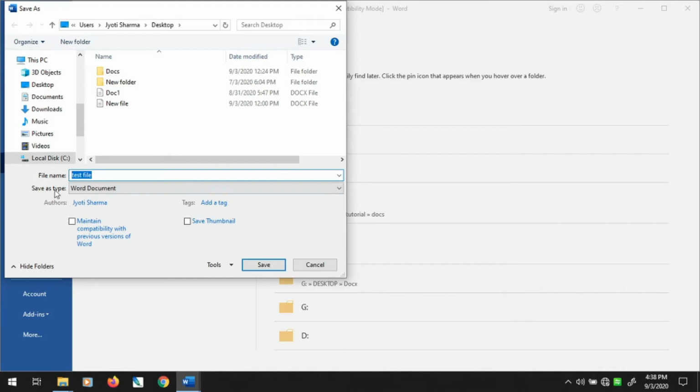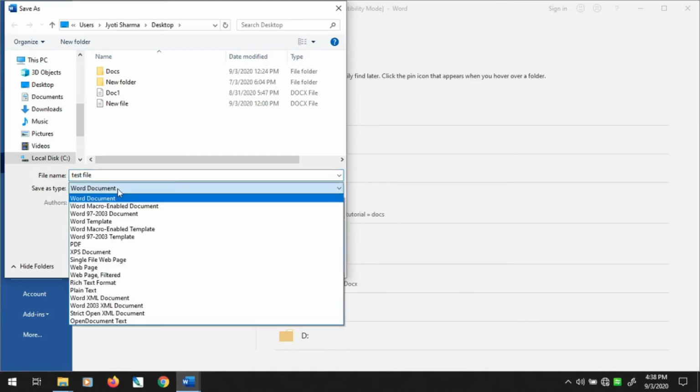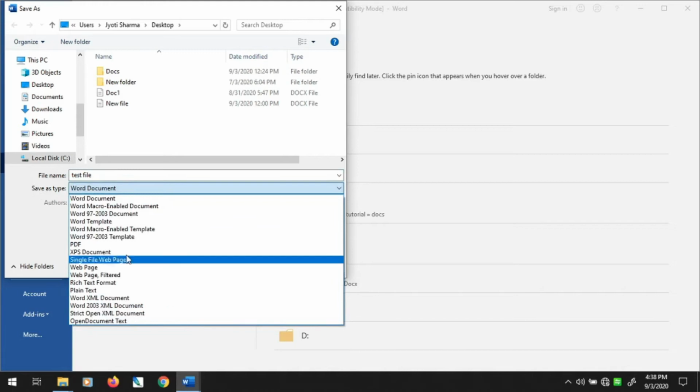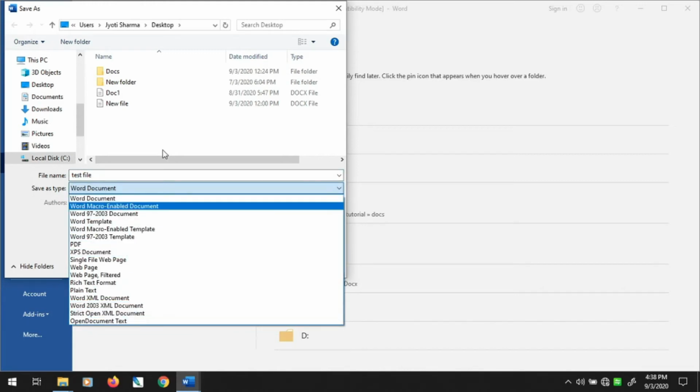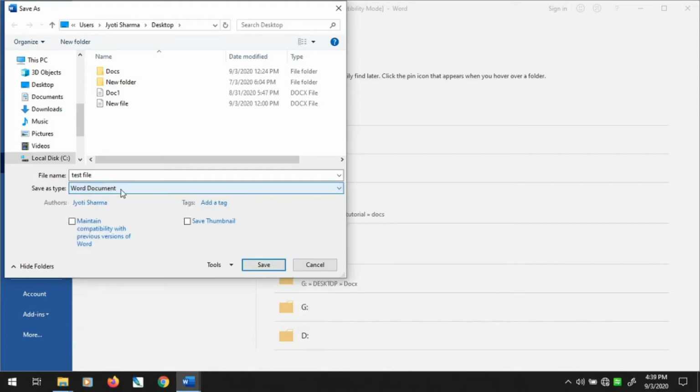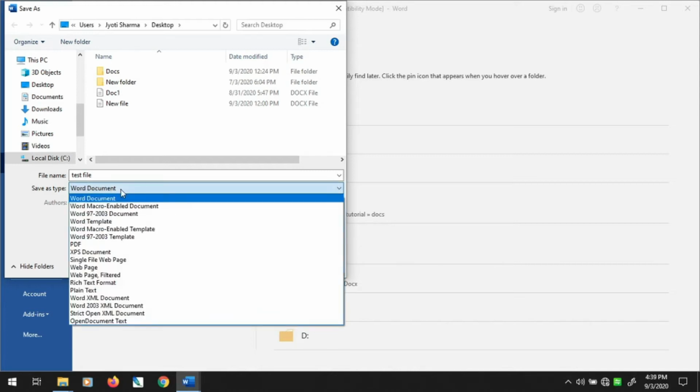And this is Save as type. When you click on it, there are multiple formats you can choose to save your file, but by default it will always save your file as a Word document, because when you open that file, it will open in the Word file only.